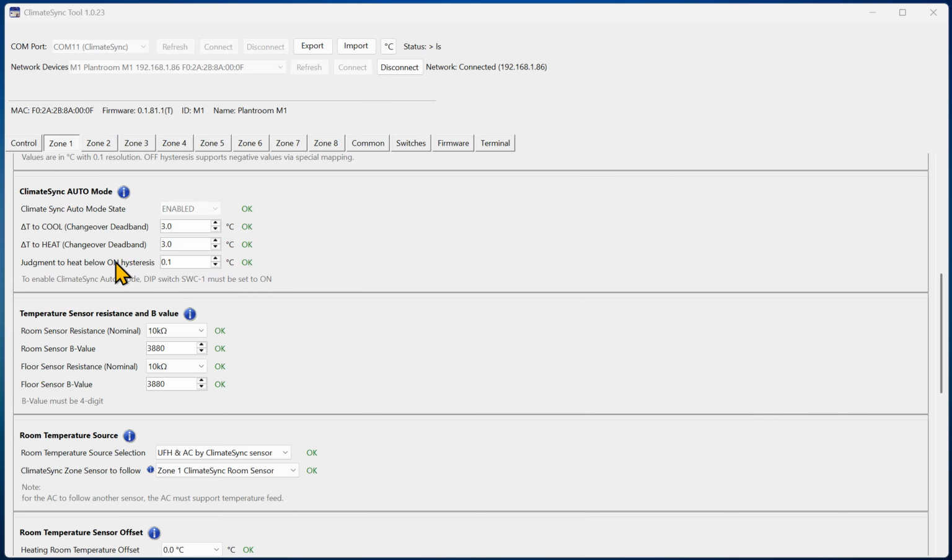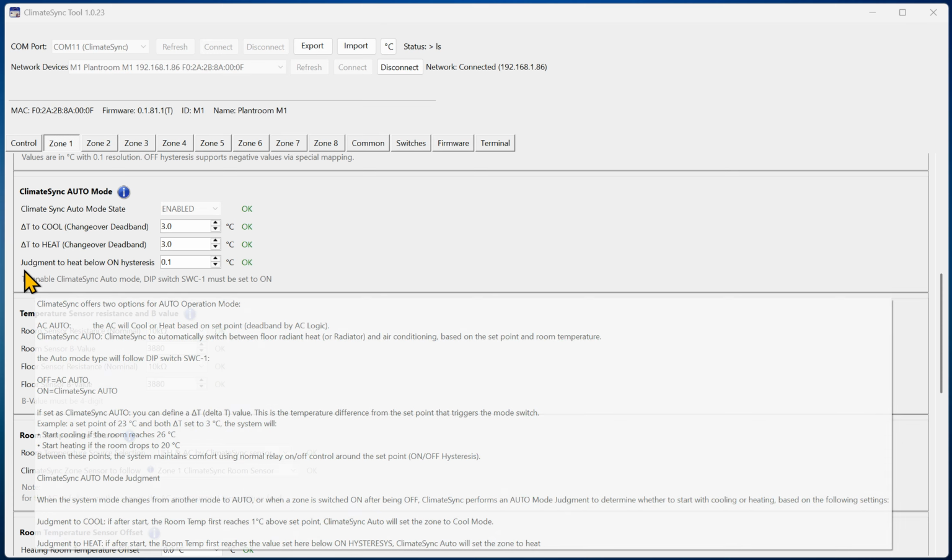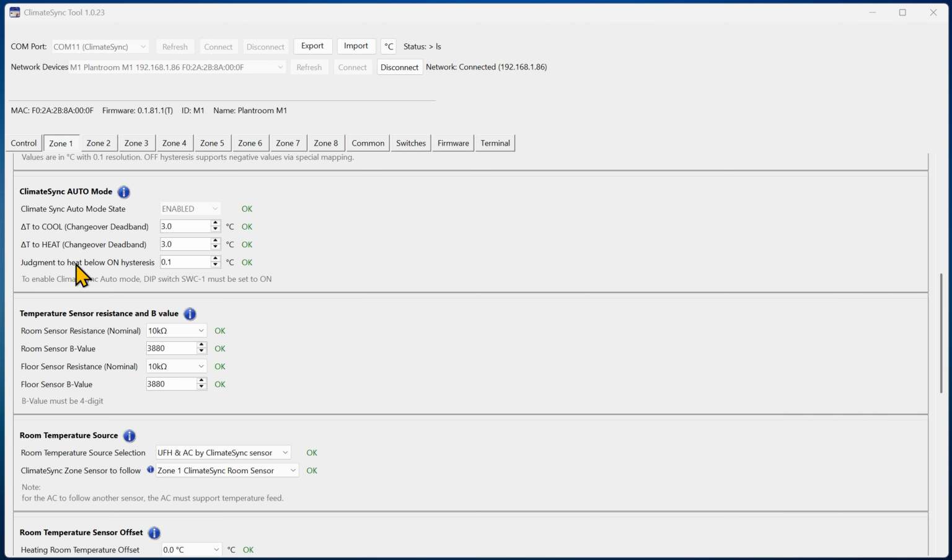If the temperature is less than 1 degree above the set point, but still above the set point, it will just remain off, waiting. If the temperature drops below the temperature set over here, below on hysteresis, then it will